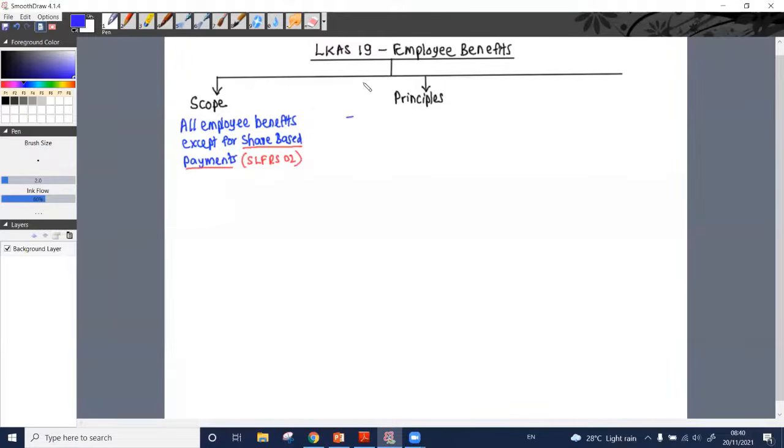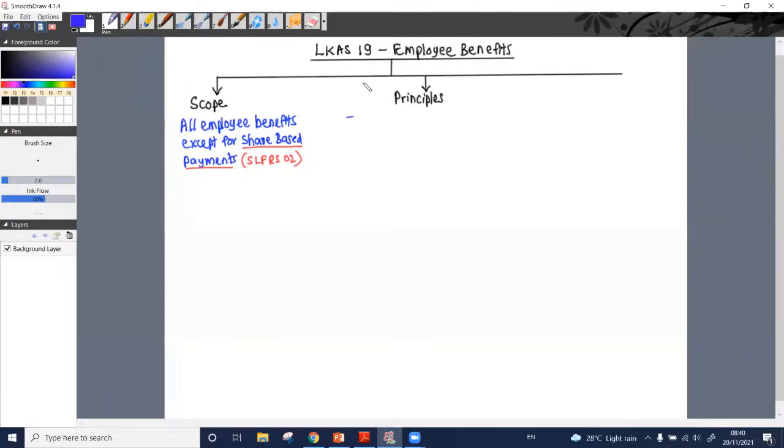Assume an employee has worked during the month of November. The employee has provided his service for the company during the month of November. Then the employee has a right to earn his salary for the month of November, but the company may pay it on the 25th of November or 10th of December, or else in the next year even.